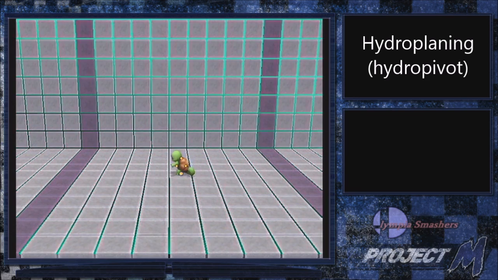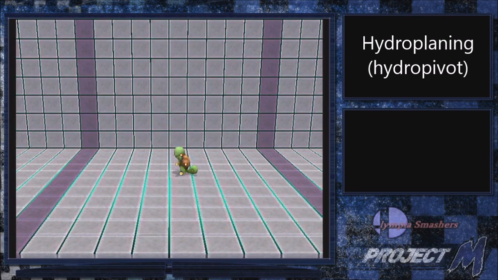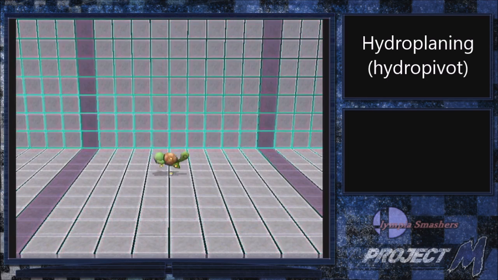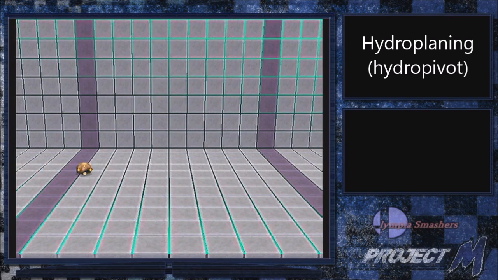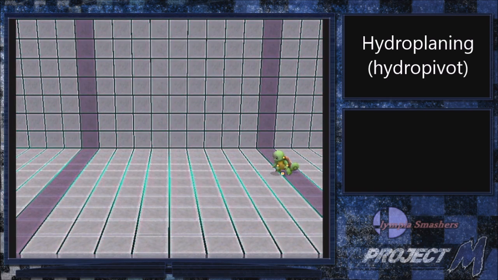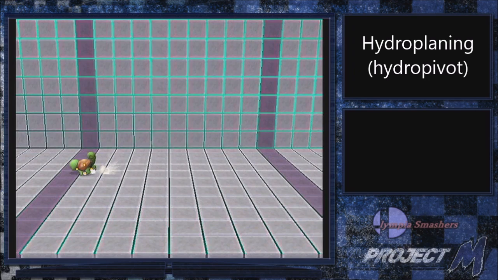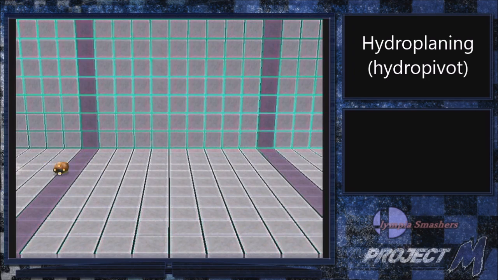The maximum hydroplane length is when you use frame 19, and I'll show you how far that looks. Well, actually, I'll just show you the normal one. So 13, 14, 15, 16, 17, 18, 19, let it go. He goes pretty far. Because, like I said, with pivot, you can cancel anything you want. 13, 14, 15, 16, 17, 18, pivot. And then I'm going to